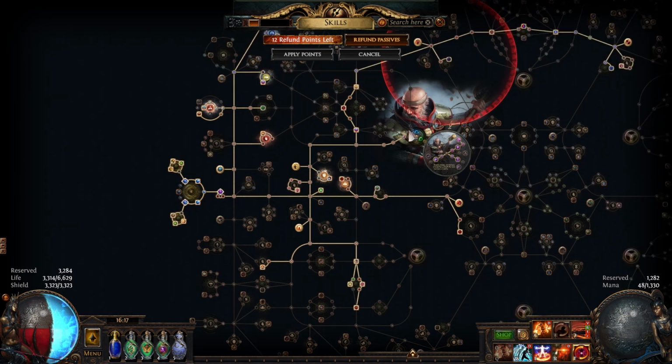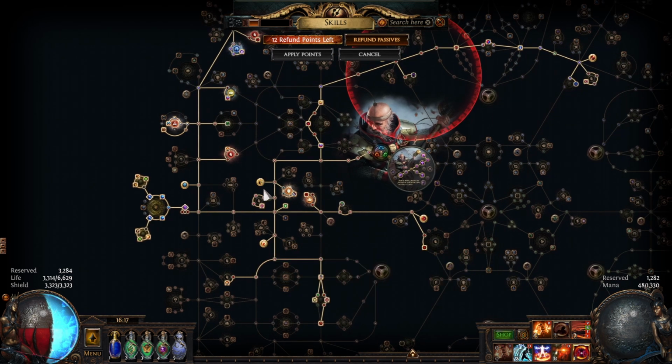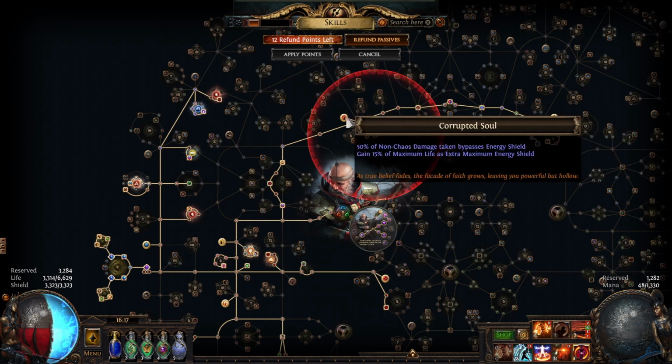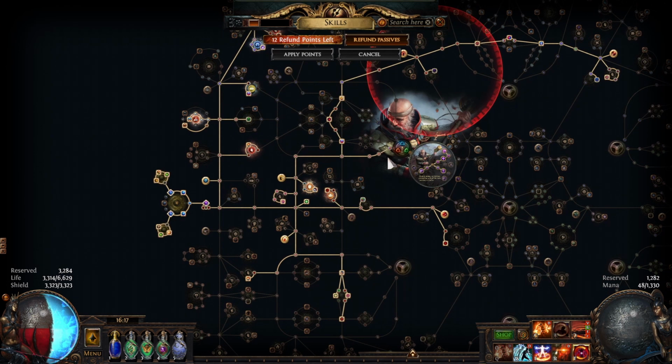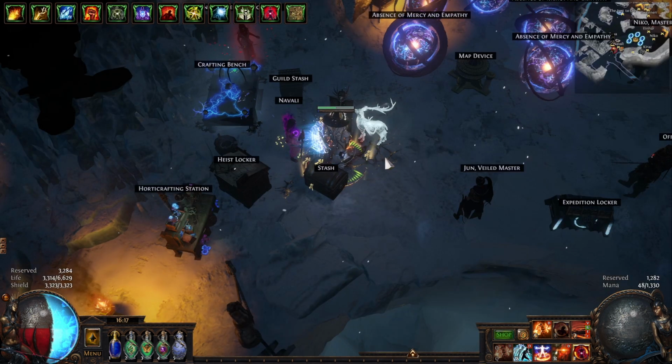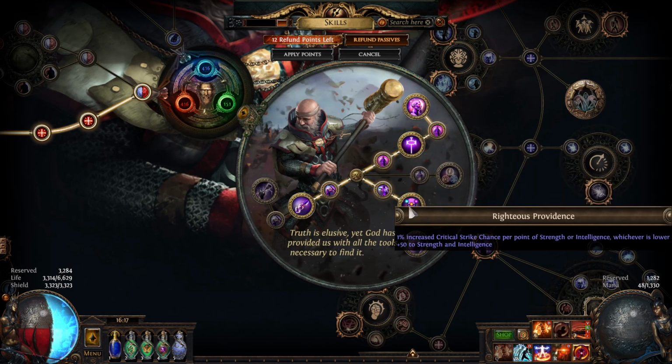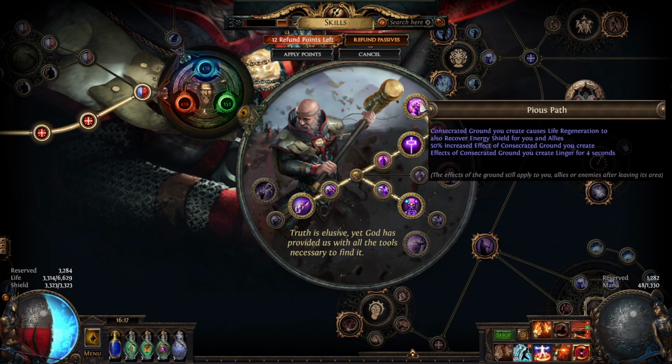So that is the passive tree. Avatar, Fire, Glancing Blows, Divine Shield, all strong. Pain Attunement for the essential extra damage link, and finally Corrupted Soul are the keystones. Okay, I know this is getting long, but there's a couple more things to talk about. Real quick, my Ascendancies. I already talked about Righteous Providence, and I talked about Pious Path, but one quick thing